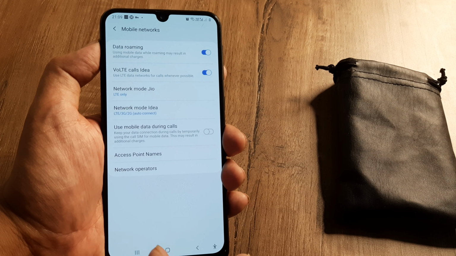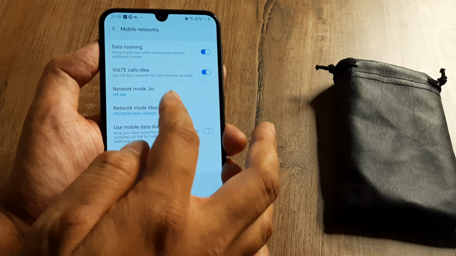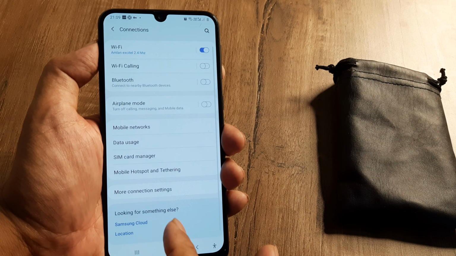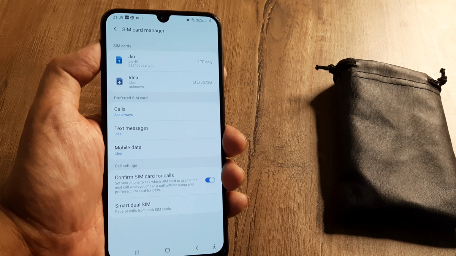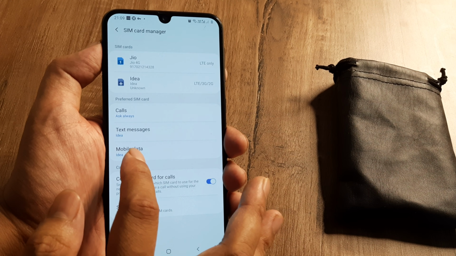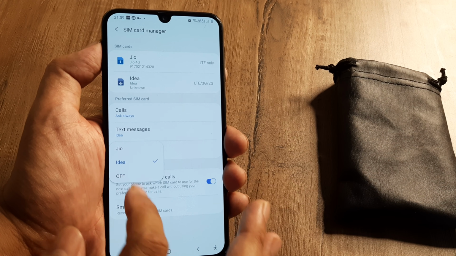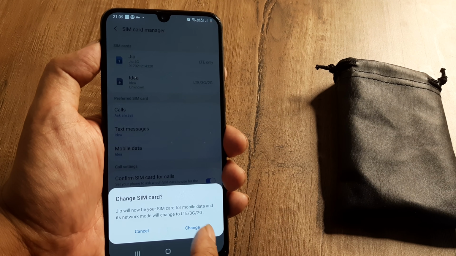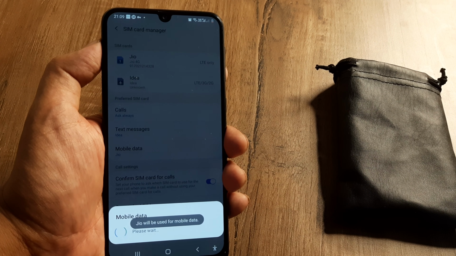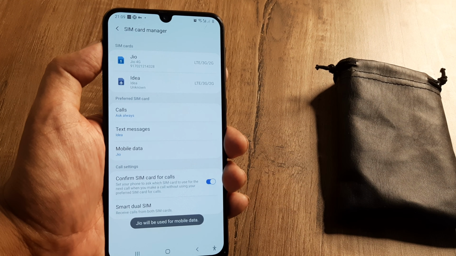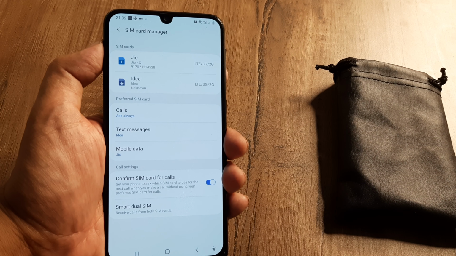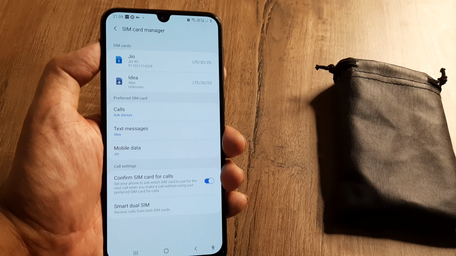How do I configure that? How do I know whether this SIM is being used for data or not? So let's look at what is being done. I go to the SIM card manager and you can see the mobile data that I'm using. I can configure this to whichever SIM I want. Say in case I have changed it to Geo, now it means that I am using the Geo SIM network. And if I am using the Geo SIM network and if the SIM is on roaming, I need to enable the roaming on.